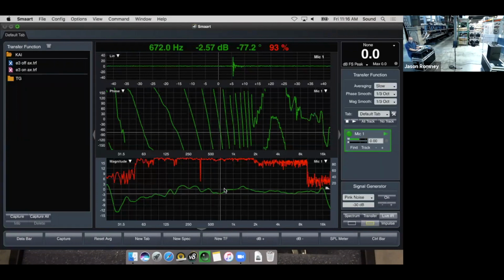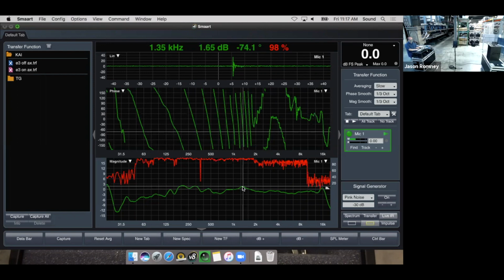So this green line down here at the bottom is called the magnitude response, which I will probably most of the time just call the frequency response. What this is telling you is the difference in magnitude per frequency between the two sounds, okay? So when you see, for example, this little peak around 1.3 kilohertz, what that's saying is that 1.3 kilohertz is coming into the mic about a dB louder than it's coming in off of the loopback,